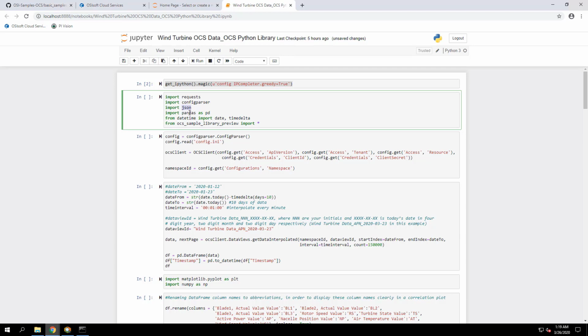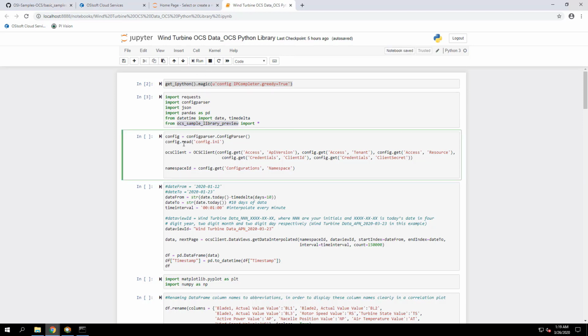We're also importing pandas, which is a library in Python for creating and using data frames. We're also importing datetime, so you can use date functions. And of course, we're importing the OCS sample library preview, which we've installed. So this allows us to use the OCS library we've already installed. So I'm going to run that.